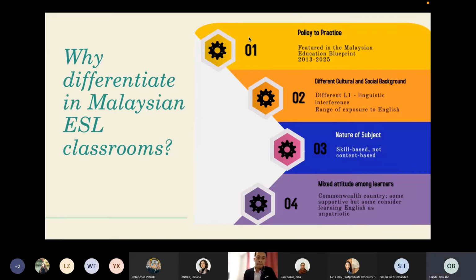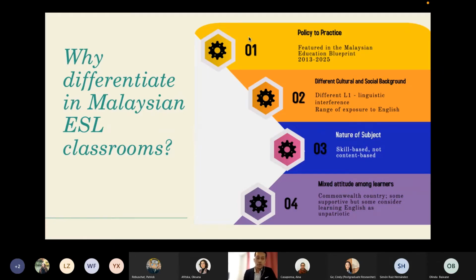So usually in primary school, we have those who have never been exposed to English prior to coming to school, and we have some students who are very fluent in the language. They use the language at home, usually with parents who were educated abroad, or parents who are very accommodating, very accepting of English. And as students progress to the next academic year, their attainment is measured based on